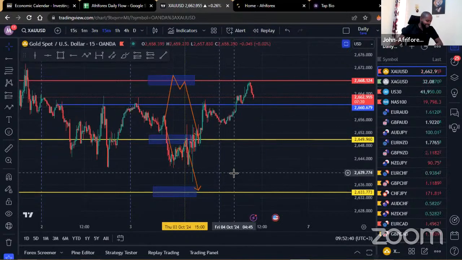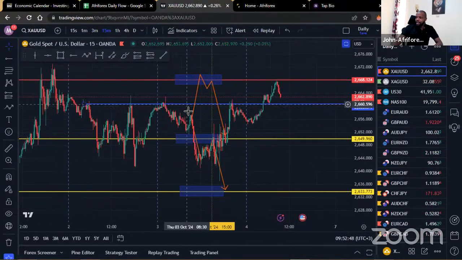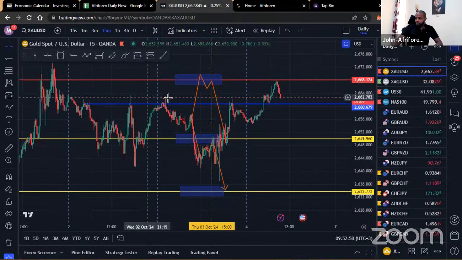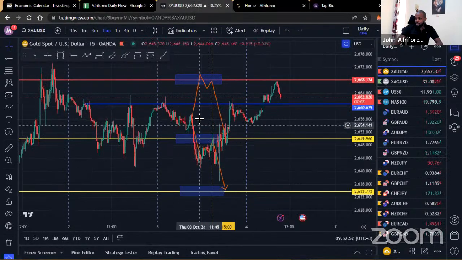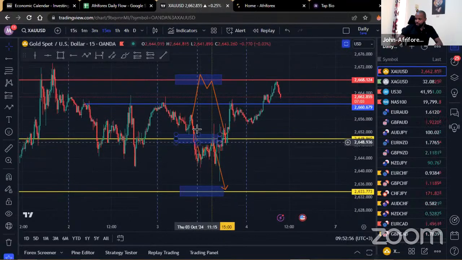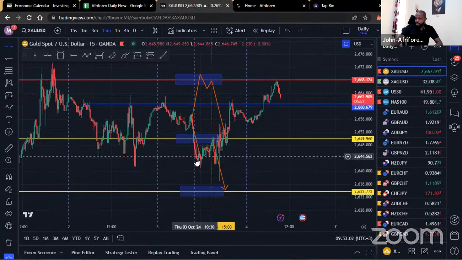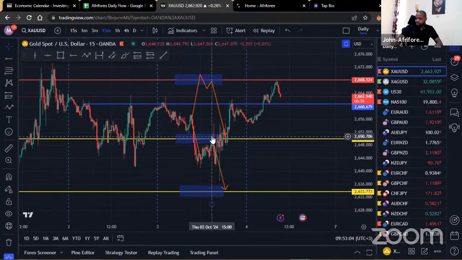So for this one, yesterday, the bias was to try and see whether we could get some sales. And you can see the 3 regions right there that Mitch had pointed out, and an illustration of what to expect. There was also this SNR plus that was given there in case the market came back in within that region. The market broke to the downside. You can see that the sellers had started off with a lot of force. This was during the London session, came to the downside. The market seemed like it was holding here.